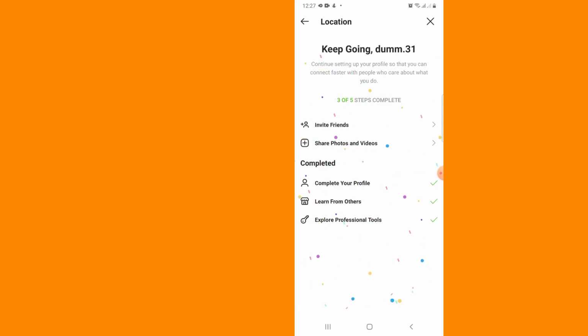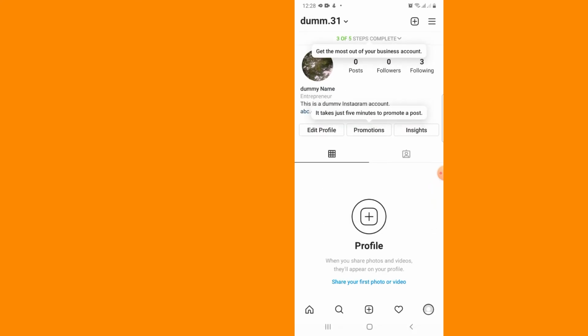Okay, now it further says complete your profile, learn from others, and share. Now only 2 steps are left. The first one is to invite your friends, and the second one is to share photos and videos. I think that's pretty easy and you can do this yourself. So let's leave this page, and now you can see that